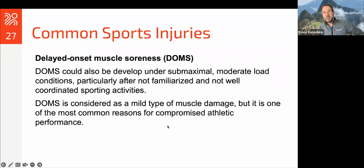But DOMS, again, you think of it, oh, it's just muscle soreness or whatever, but it can linger for 2-3 days. And it's one of the most common reasons that can compromise athletic performance. So especially in athletes that are serious about their sport, it can really limit their training and their ability to perform their